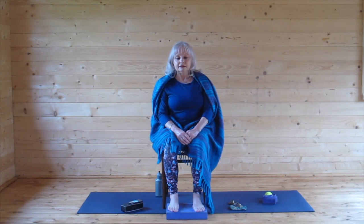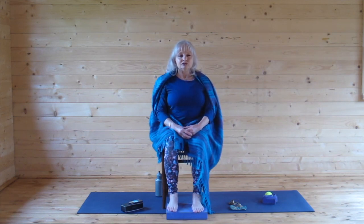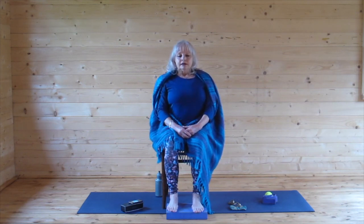And then, gently, sit up a little and give your nose a wee twitch and shimmer your hips a bit. And just feel the breath travel through your body. Breathe into your whole body